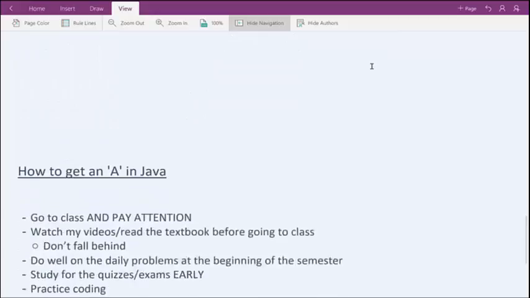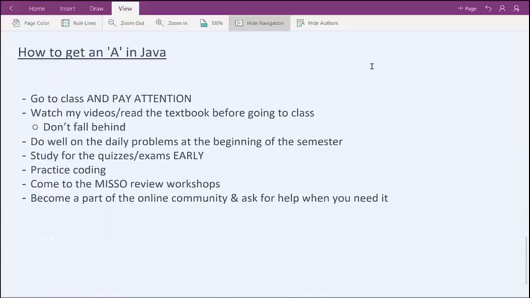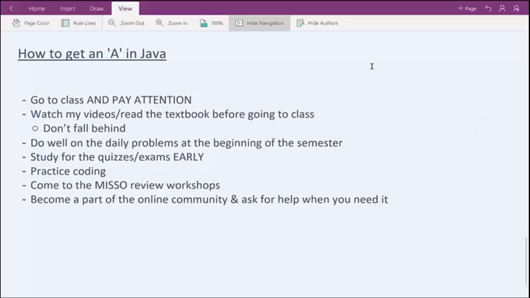So now I kind of want to talk about the class itself. Now, I know when people come into Java, they hear a lot of terrible things about it, how it's extremely difficult, and I'm not going to sugarcoat it. This class is actually pretty difficult, compared to other business classes. So if you're the type of student who is in these marketing and management classes and maybe studies the night before or the morning of and expects to get a really good grade, maybe you can do that, but it's definitely not going to fly in this class.